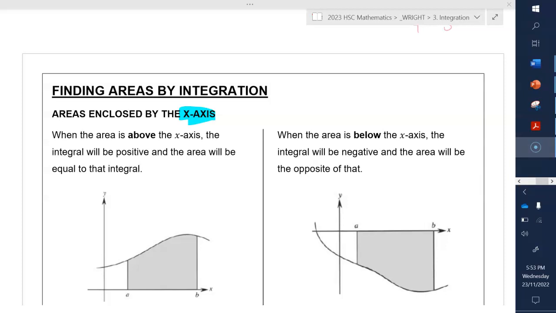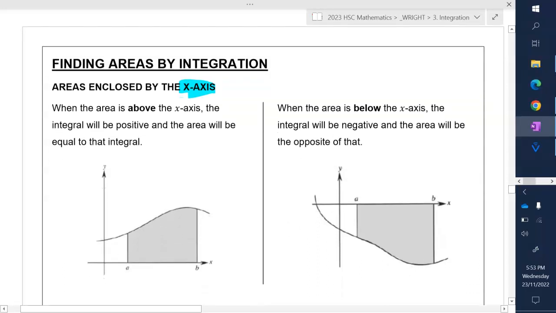Hello Year 12. This video is going to have a look at finding areas by integration, but it's only going to look at areas enclosed by the x-axis. I will do y-axis in a separate video. Okay, let's go. So when the area is above the x-axis, the integral will be positive and the area will